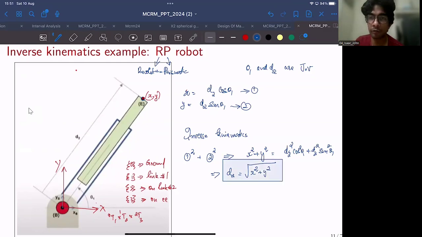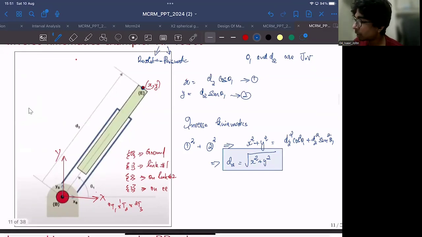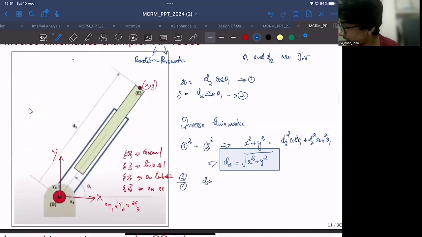So you have solved for one of the joint variables. And what about the other joint variables? So if I divide equation 2 by equation 1, so d2 sine theta1 by d2 cos theta1, this would be y by x, right? So tan theta1 would be y by x, or theta1 would be tan inverse y by x,